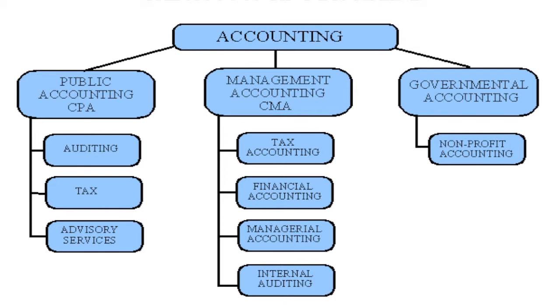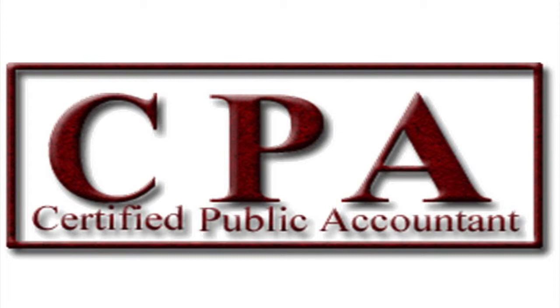An accountant has many choices of profession. Here are a few general categories. It should be noted there are dozens of variations of each of these categories. Being an accountant is actually a lot broader field than most realize. The first area is public accounting. Most public accountants are certified public accountants. CPAs design accounting systems, prepare tax returns, provide financial advice about business operations, and audit financial statements. Many CPAs work for large public accounting firms or sometimes for their own smaller businesses. It should be noted, however, that CPAs can be employed by corporations in the private sector, governmental agencies, nonprofits, and a lot of internal auditors have their certification as well.